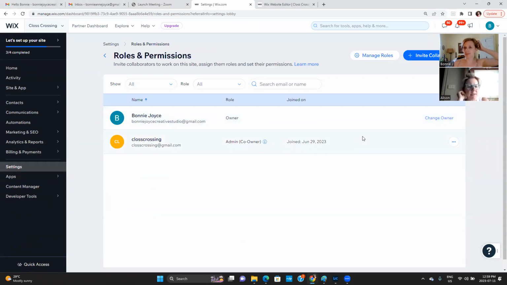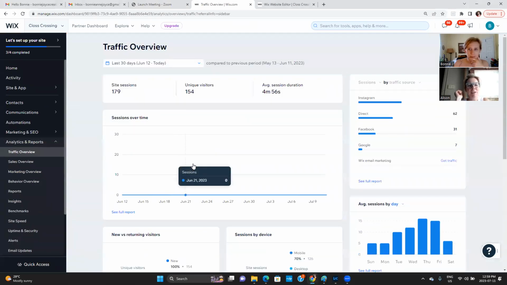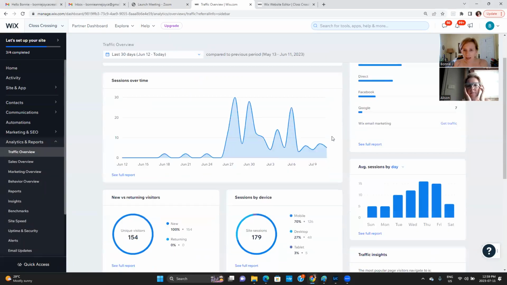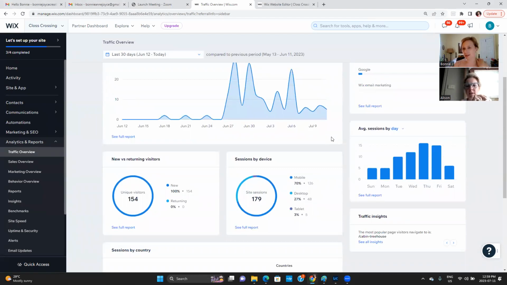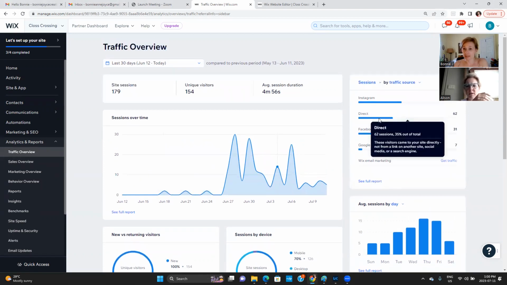Oh, great. Oh, good. Shocking. I couldn't believe it. I had not looked. The traffic overview. Oh, great. It's starting to get some traffic, so you can start to actually see some numbers here. That's great. Look at the mobile. So a lot of people on mobile. That's really good to know. It makes sense. I think it must have been the Instagram push. And I was also shocked at the direct numbers. That's a lot. That's interesting.